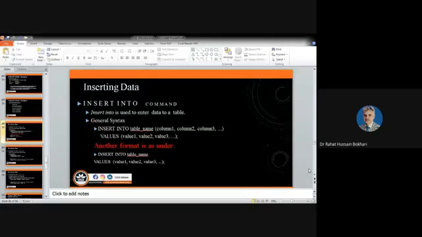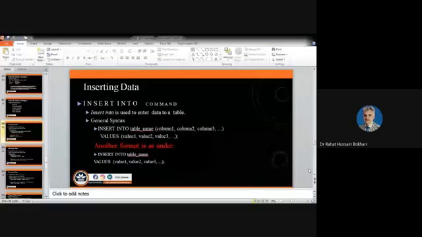And sometimes this is optional. If I say I have 6 attributes, those defined when I was creating that table student, I can write only insert into student and omit column 1, column 2, column 3, and just write values, and we have to provide 6 values for the 6 columns that we have defined. It is also applicable. And if you write column names one by one, that's also good.